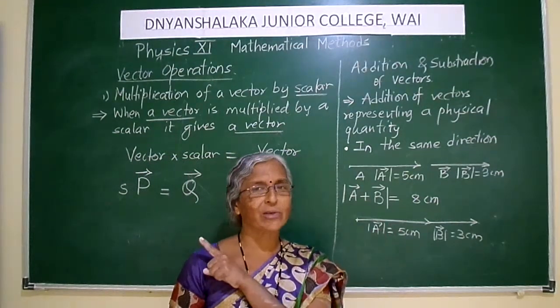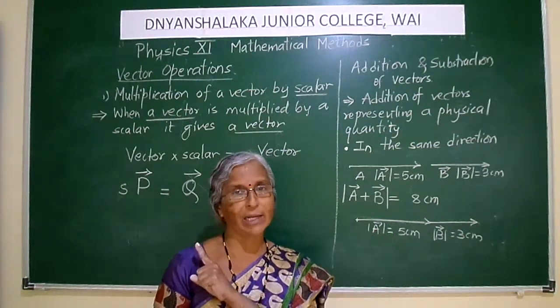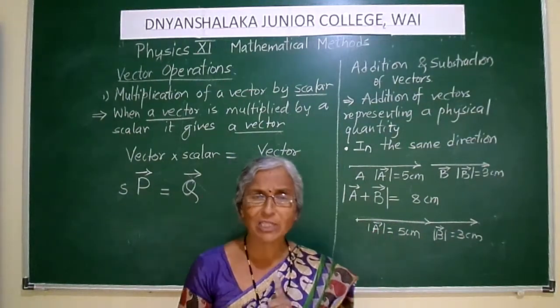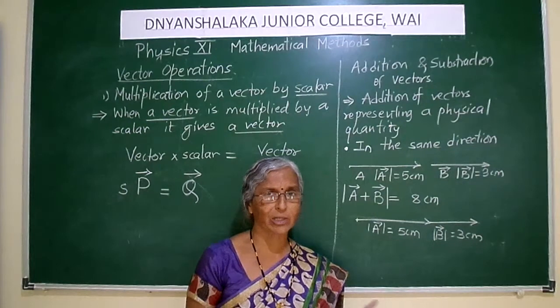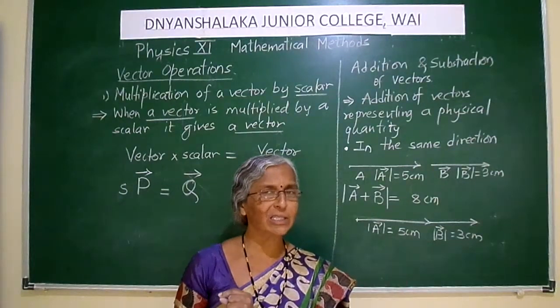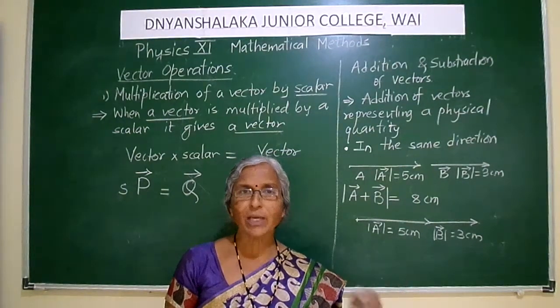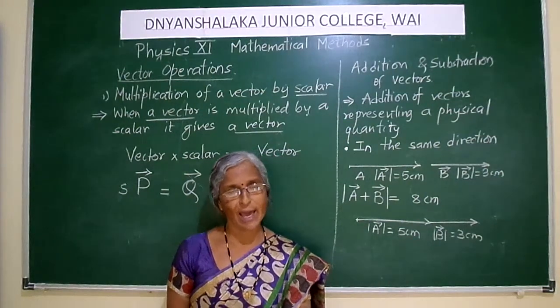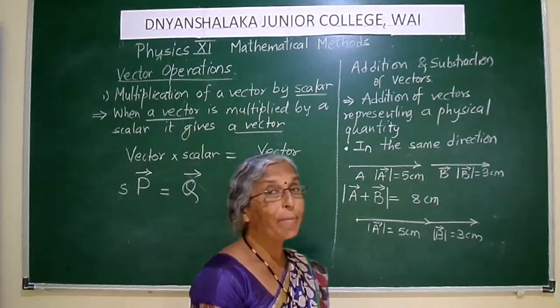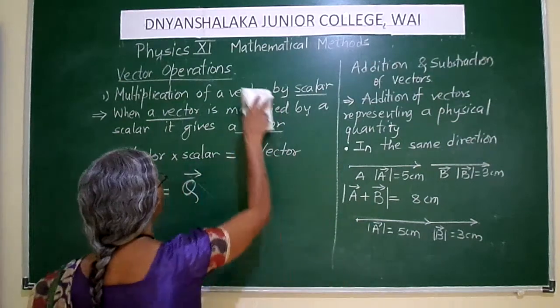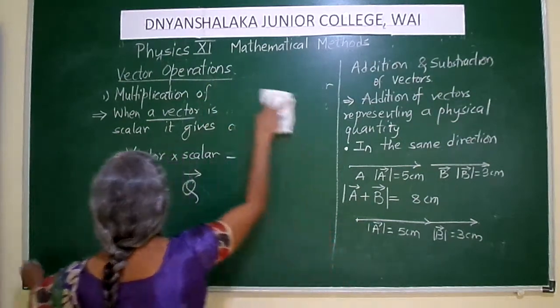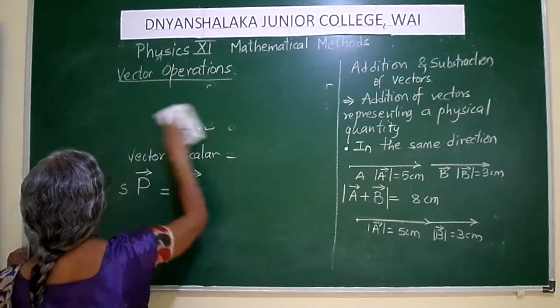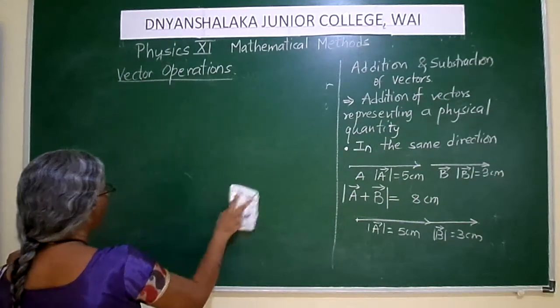Why could I add these vectors directly? Because these vectors were in the same direction. They were vectors of the same physical quantity, displacement, and were in the same direction. इसलिए हम ये दोनों वेक्टर्स के मैग्नीट्यूड को ऐड कर सकते हैं. ओके, बट मैग्नीट्यूड्स यदि डायरेक्शंस डिफरेंट हो या अपोजिट हो तो हम क्या करेंगे?